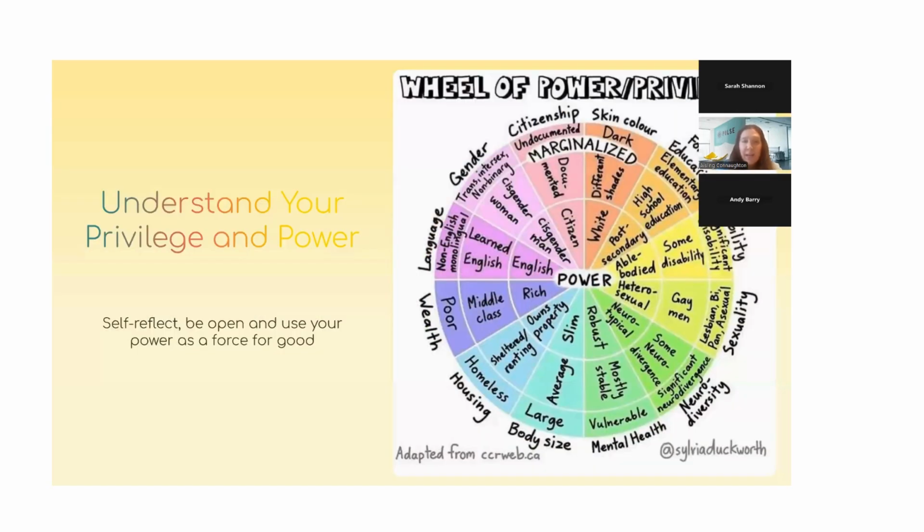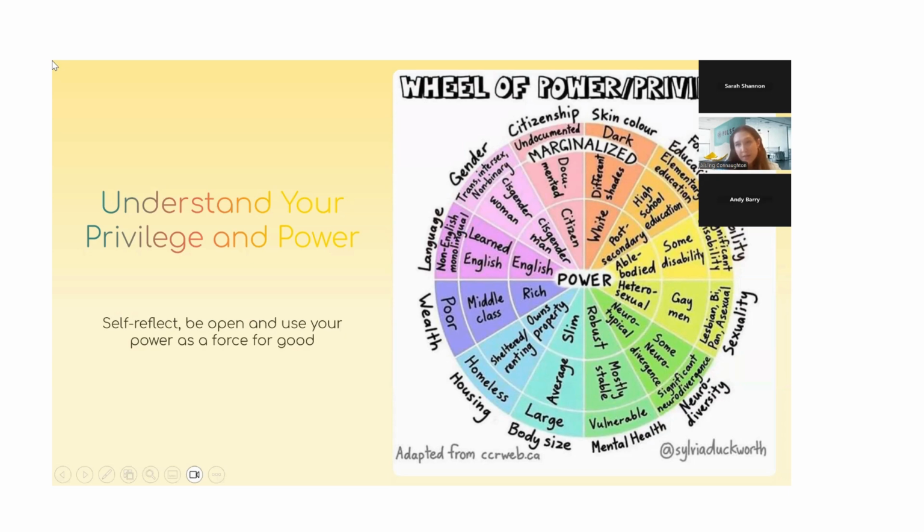And another key slide I absolutely love is this one, which is called the Wheel of Privilege. And this is also what we learned at COP, which is that the majority of power has been sitting in the center of this wheel. So it's worth taking a moment to go through the wheel and see where you sit.